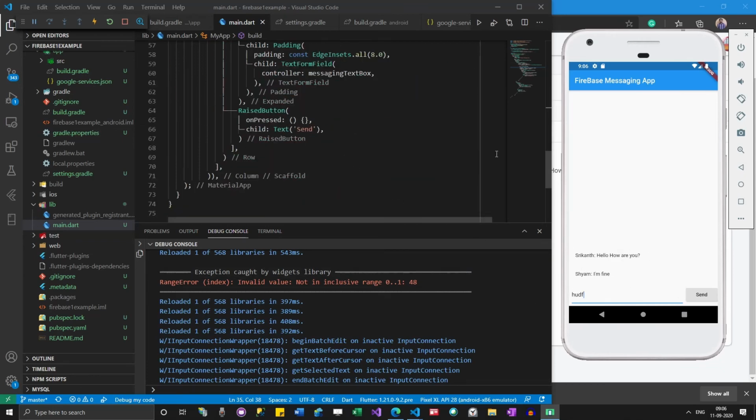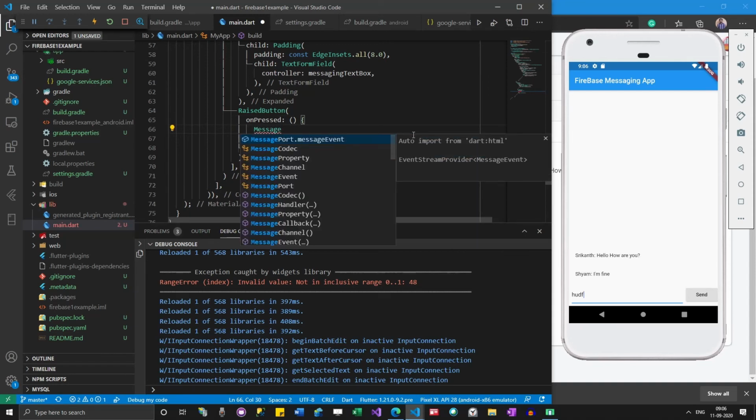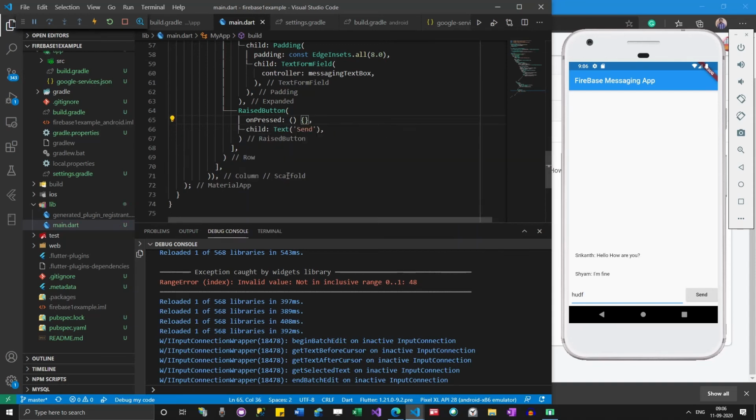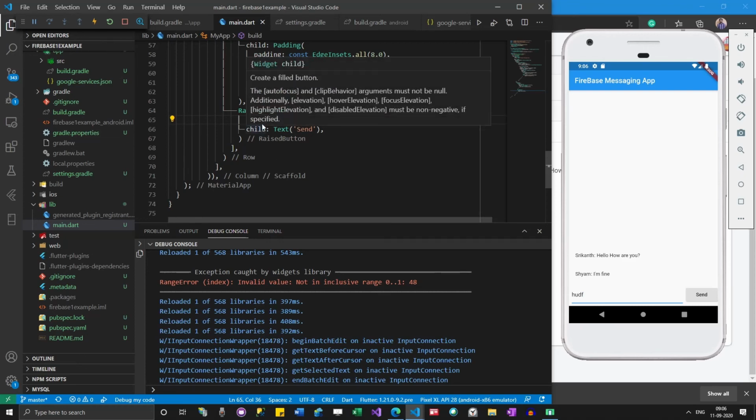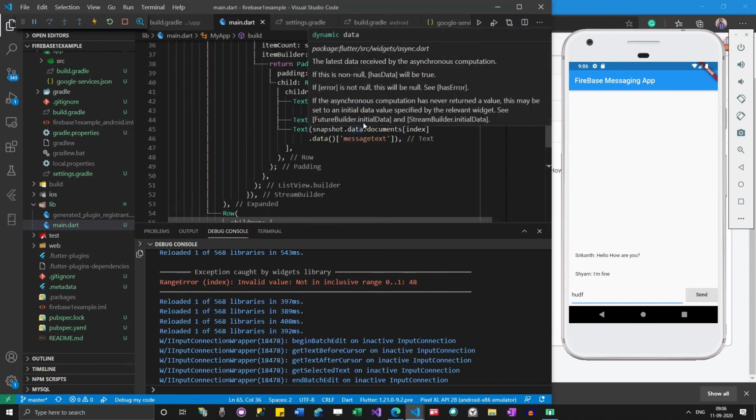So how you can do that is, whenever onPressed is done, we send the message. For sending data to Firebase, especially whenever we are dealing with data, we have to create similar models at the code level also. Whatever table we have, if it has 5 columns, we have to create a similar model at the programming level also, which will help us send data by packaging it.